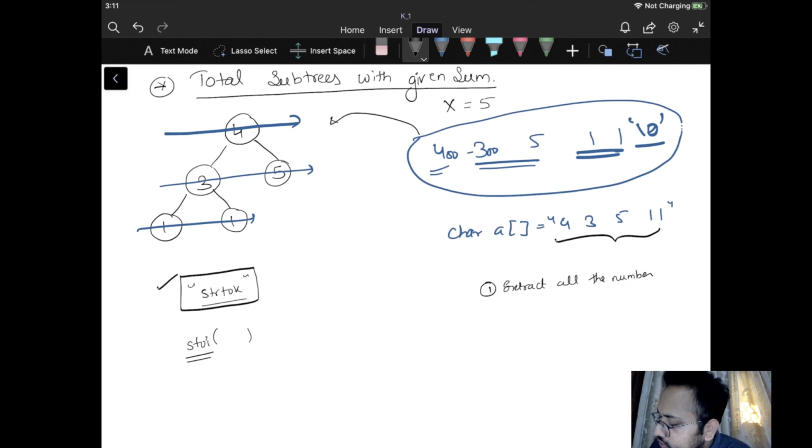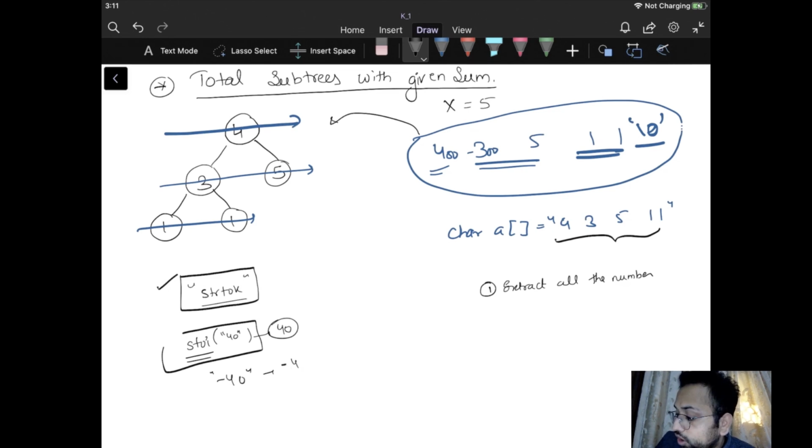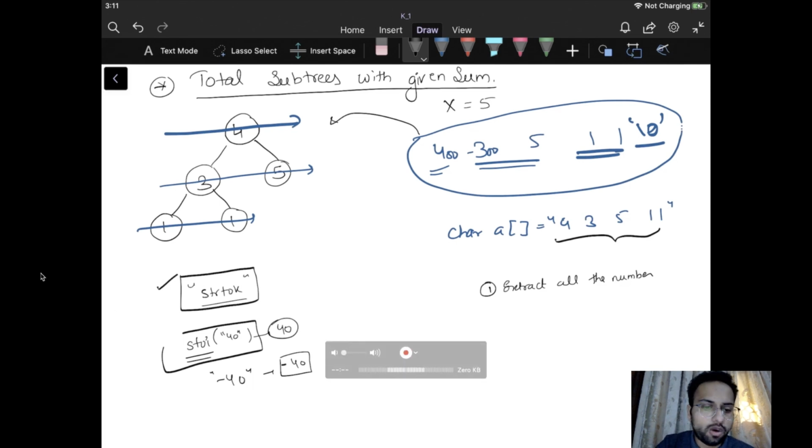Let's use the inbuilt function to make our task a little easier. If I give it a number as string "40", it is going to give me the integer 40. If I give it "-40", it gives me minus 40 as an integer. So this is what this function does. It takes a string and gives us the integer output. Alright, so this is how it works, and let us see how we can do this particular problem.